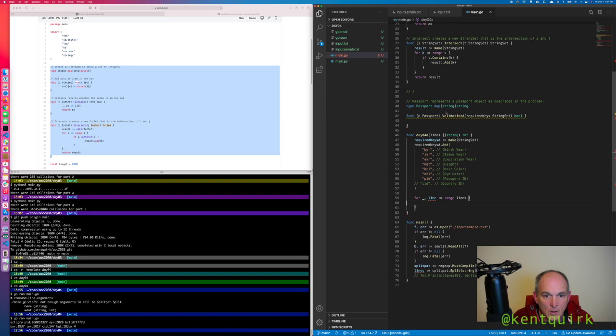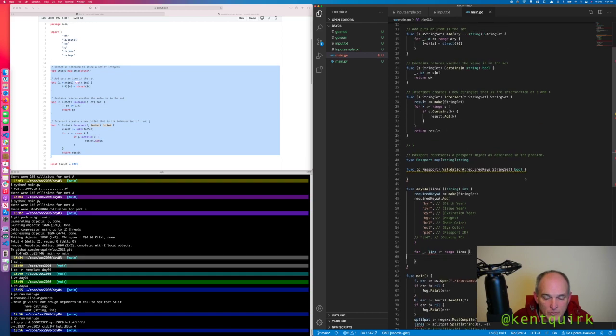And the validate function now takes required keys and returns a bool. So, and we call that on each passport. So what we're going to do is, I haven't written the validation function yet, but I can write the thing that's going to call it. So for each line,